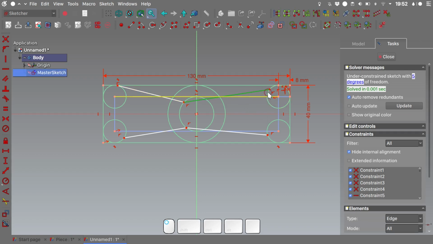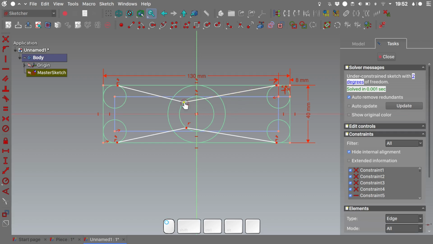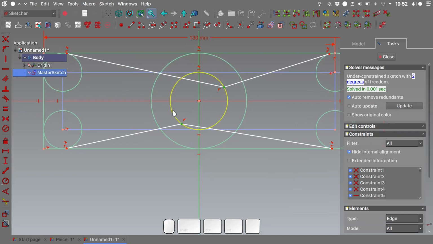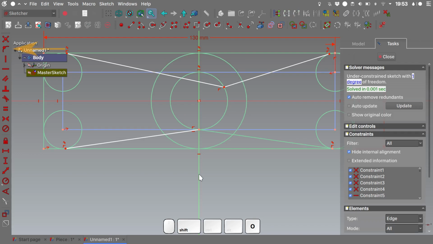I will do the same for the other 3 left, so select the edge and the circle, T on the keyboard for a tangency constraint. Again here, T for a tangency constraint, this one here, T for a tangency constraint, and we have this vertex here and this vertex here fixed on the inner circle, but I want them to be also fixed on the